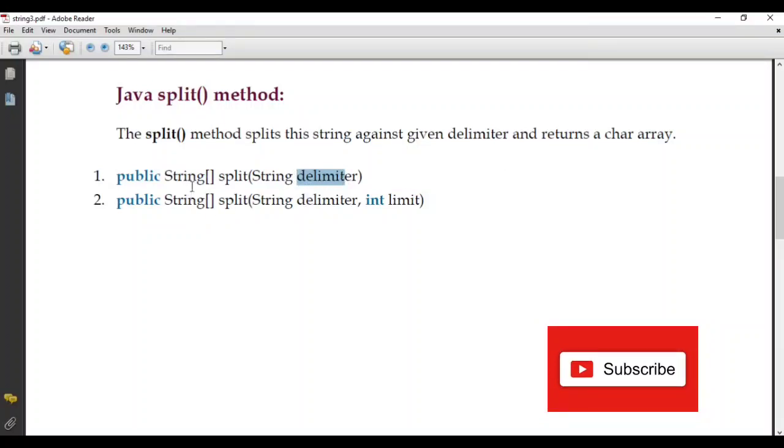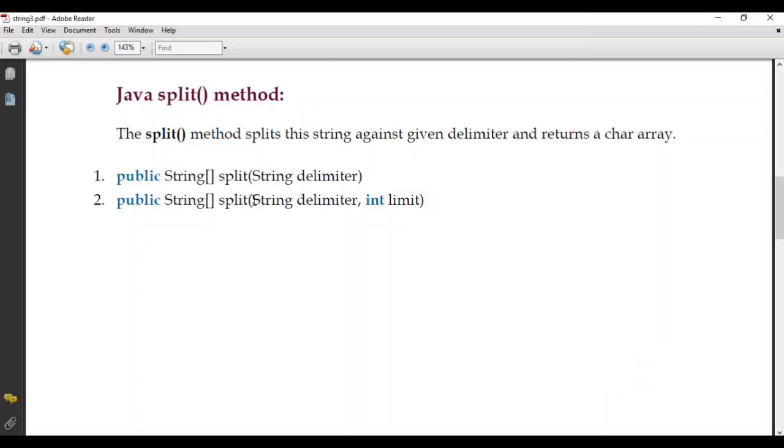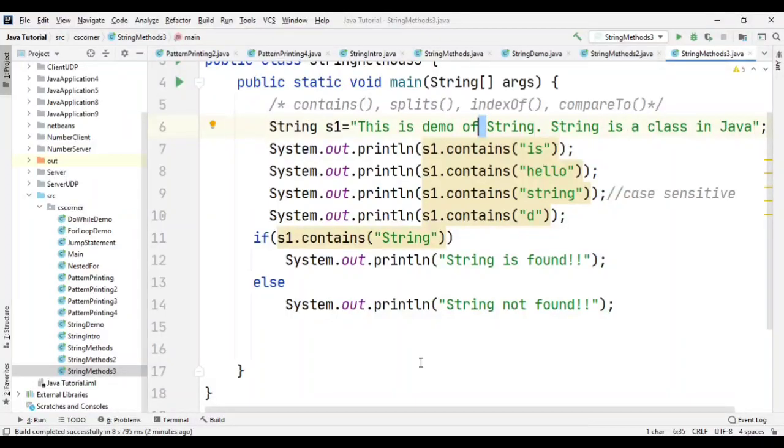And then it is going to return a String array, so here you will get an array of strings. One overloaded method I also have, where I can pass a limit also, like how many words or characters you want from this array, that you can pass too. So let's see the example.